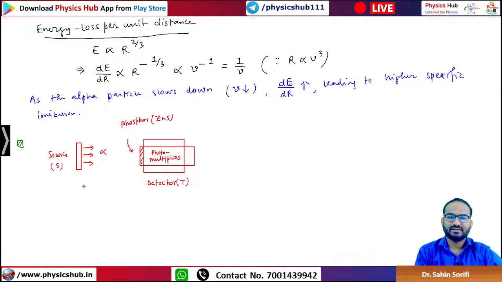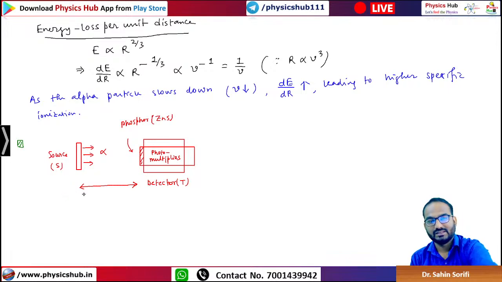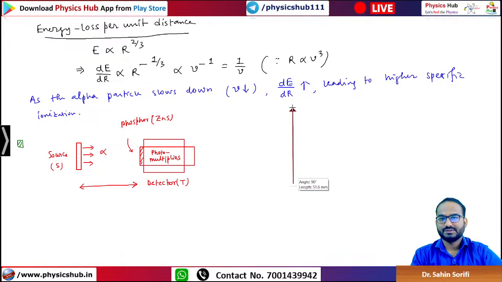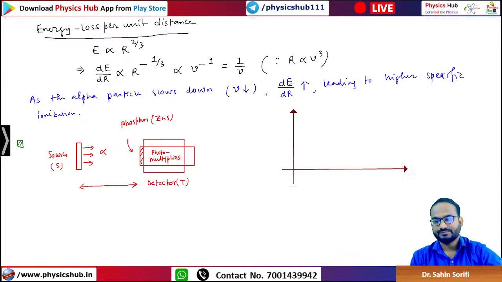Now, by varying the distance between the source and the detector, a graph is plotted. For a particular distance, the intensity of the alpha particles is noted down, recorded. By varying the distance between the source and the detector, we plot the intensity versus distance curve. So it somewhat looks like this. If you plot intensity versus distance,